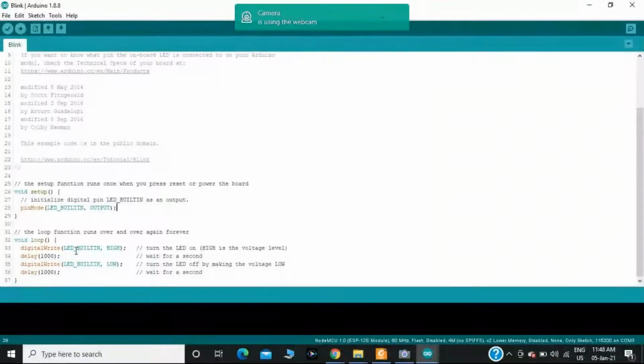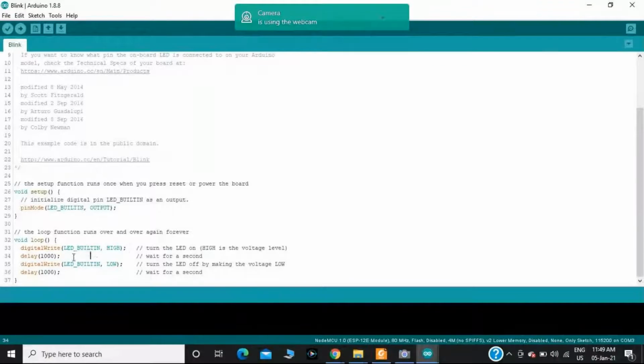Then I will move towards the loop section. In the loop section, I am sending an instruction in terms of digital. That's why I'm taking the instruction digitalWrite. In some examples, in order to send the information in analog, I should mention analogWrite. In my case, I'm sending an instruction to the LED with digitalWrite to the variable LED_BUILTIN with a HIGH value. You can consider HIGH as on, or even the number 1. digitalWrite with the variable LED_BUILTIN, comma, HIGH.